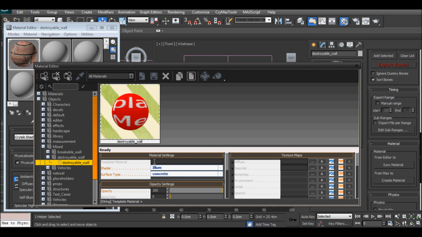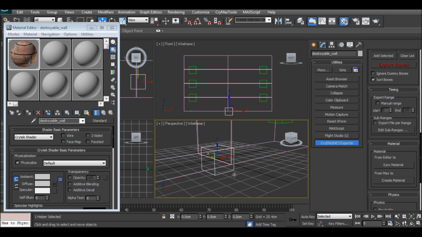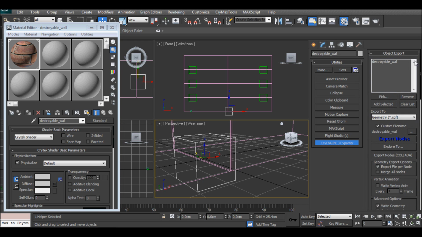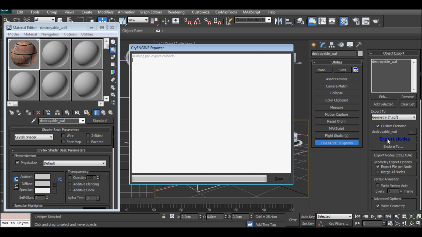Click save, and what you can do already, you can just click concrete. Actually, don't click that. We'll do the concrete bit after in the CryENGINE. Okay, so the main bit's done. All we've got to do now is click export all nodes,